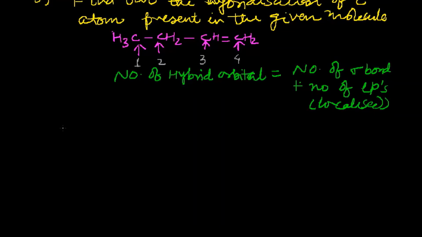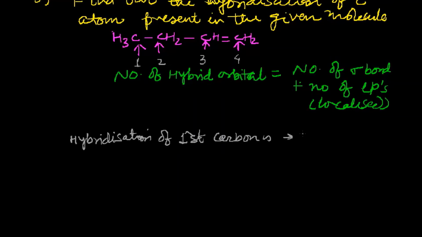So you must remember this, that the carbon atom is undergoing hybridization process. If I would have to calculate the hybridization for first carbon, we can say it has only 4 sigma bonds, and so it would be